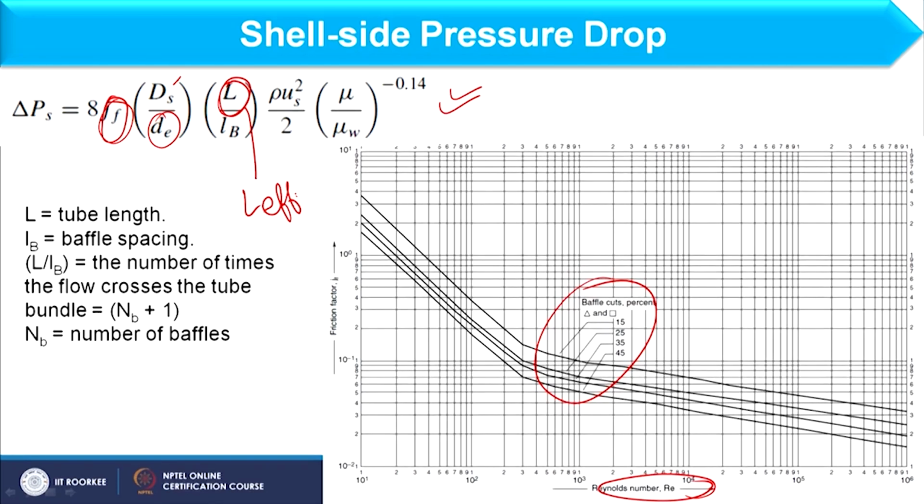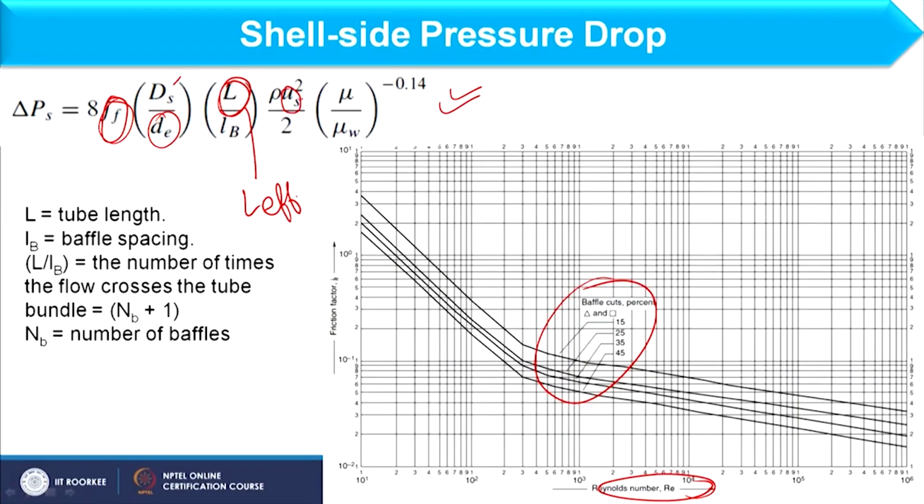Therefore, in shell side pressure drop calculation, we will consider L effective. These are some small things, but you have to consider these things in designing to carry out the effective design of shell and tube heat exchanger. Okay. And US, that we have already calculated considering cross flow area, that is AS, and this is the frictional, and this is the viscosity correction factor that we know already,